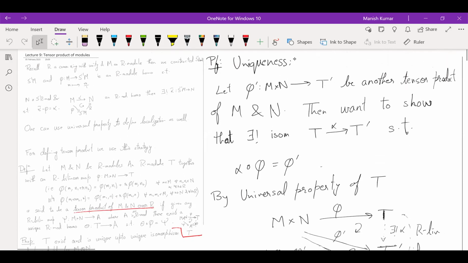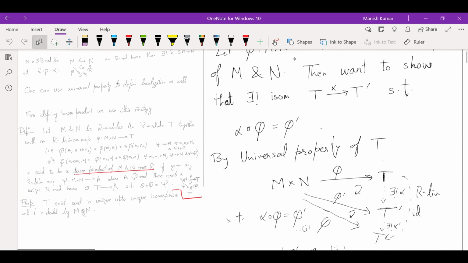First we will prove that T is unique up to unique isomorphism. Suppose T prime is another tensor product. Right now we don't know whether such a thing exists, but suppose there are two of them. Then we want to show that there exists a unique isomorphism T to T prime such that this happens. That will prove the uniqueness part of this proposition, and then we will do the construction. So by the universal property of T,